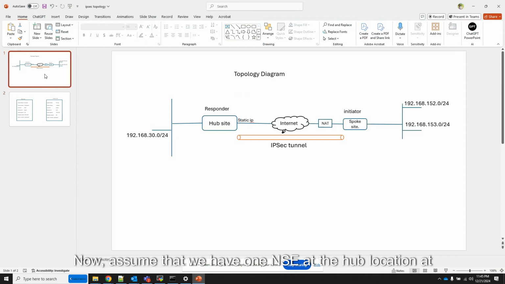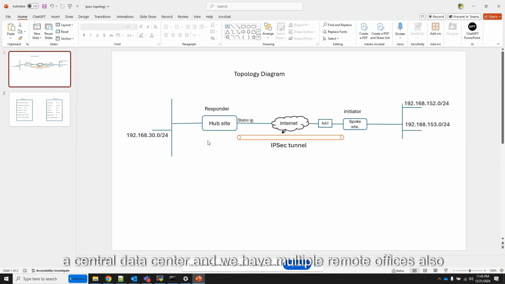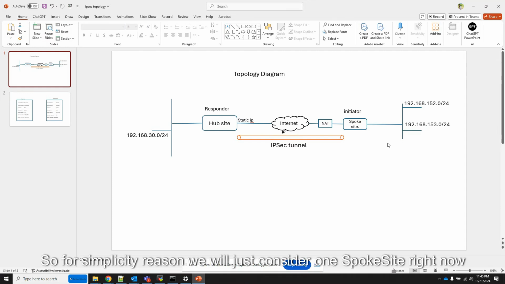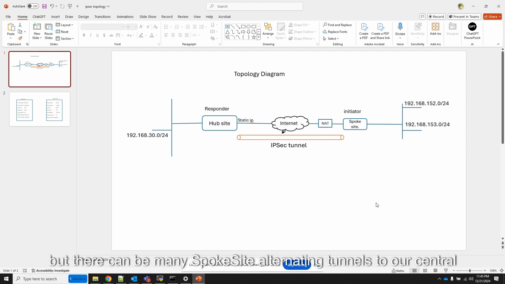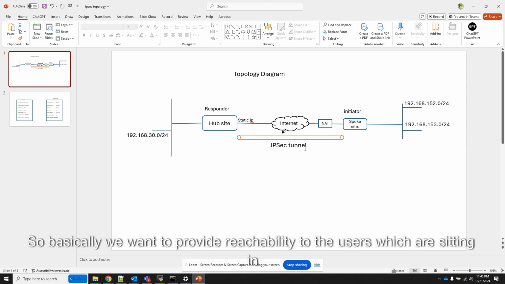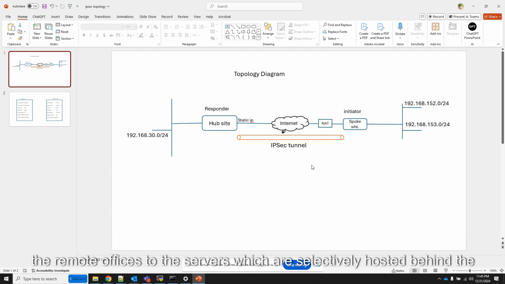Now assume that we have one NSE at the hub location at a central data center, and we have multiple remote offices, also called spoke sites, and we have one NSE at each spoke site. For simplicity, we will just consider one spoke site right now, but there can be many spoke sites, all terminating tunnels to our central location. What is the purpose of this IPsec tunnel? Basically, we want to provide reachability for the users sitting in the remote offices to the servers